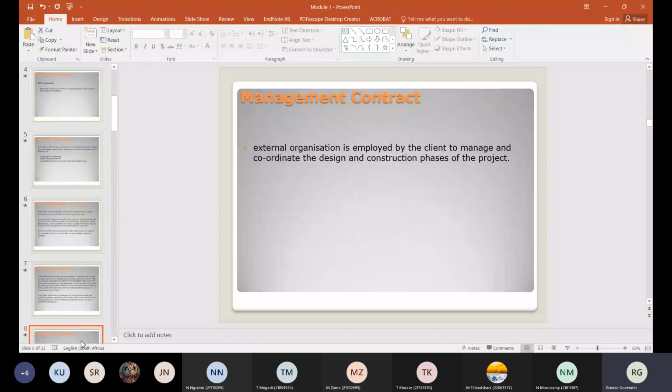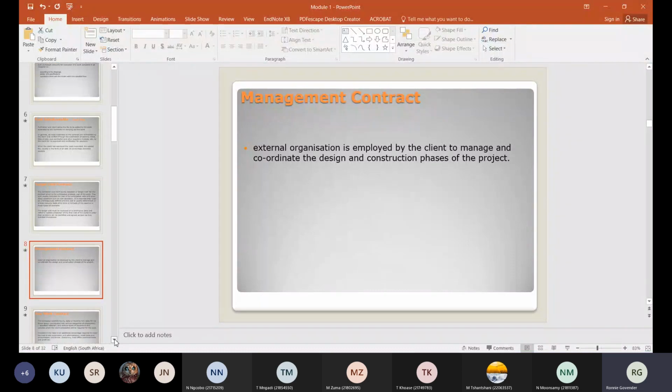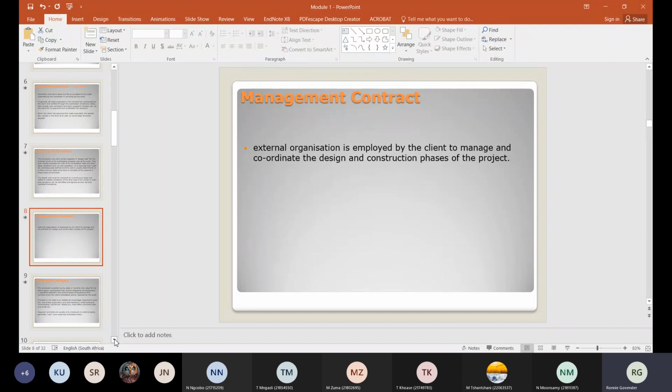And then management contract, where the client would basically allow the contractor to work according to the project manager. The project manager will tell the contractor what's to be done, and they get paid based on that. That's why it's a management contract, because generally some projects, especially if you're going to be working underground or you're going to be digging pipes and relaying them and so on, you can't see what's going on.